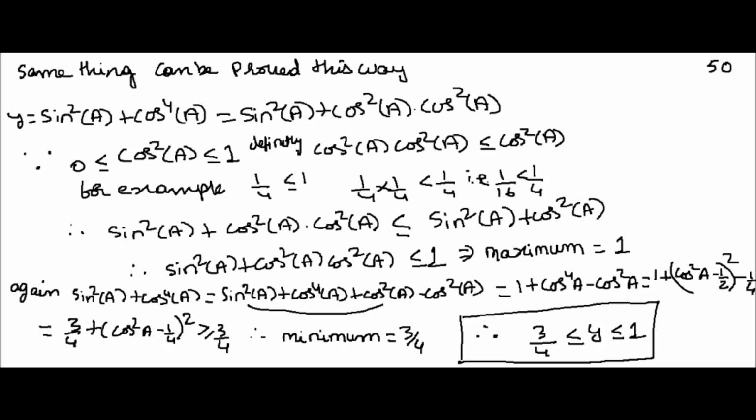It is 3/4 plus cos square 2a by 4. Now cos square of an angle is between 0 and 1. Cos is between minus 1 to 1, minimum and maximum. Cos square, which is always positive, is between 0 and 1. So when a is 0, which is the maximum value, cos square of 0 is 1, so we have a maximum value of 1. But when cos square of 2a